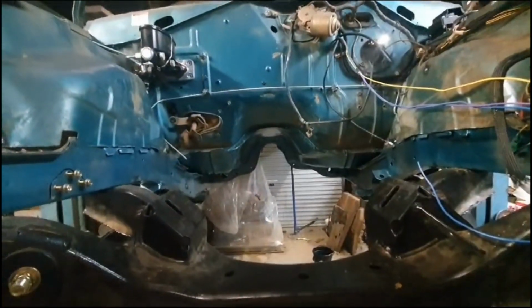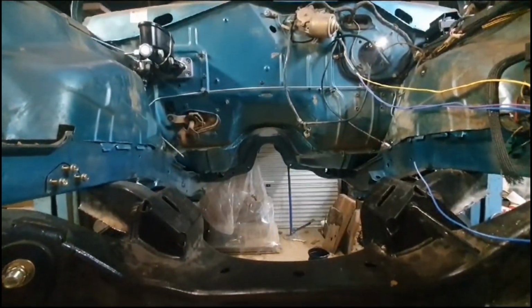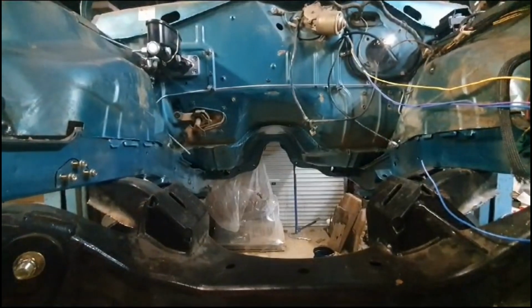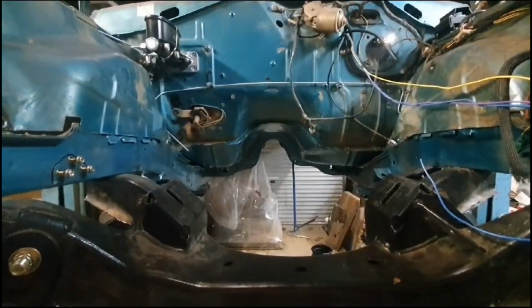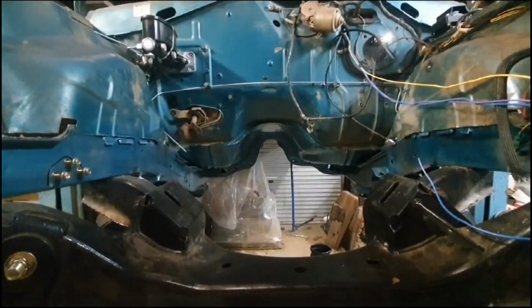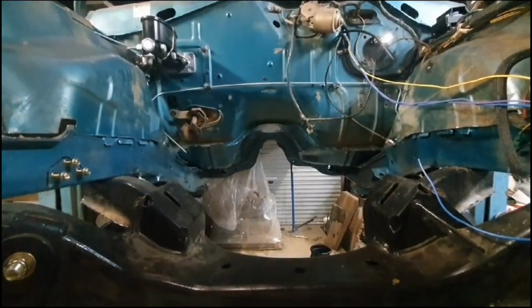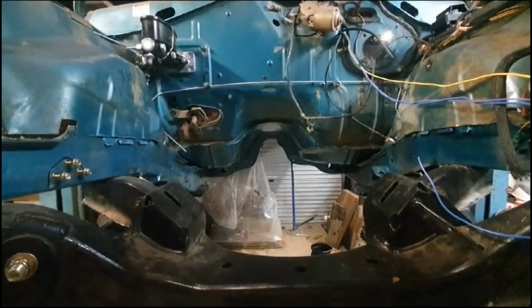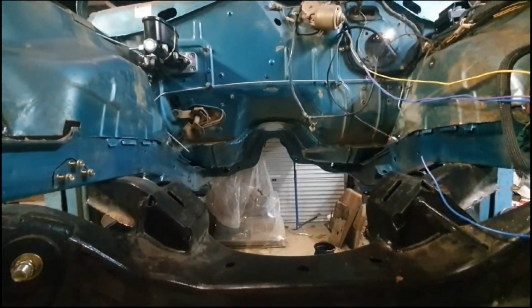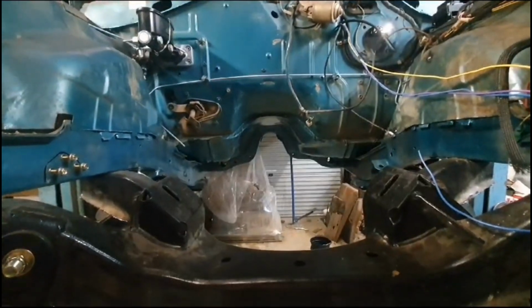Okay, so we'll just touch base on what I've done to the K-frame here. It's a Hemi 6 K-frame. Some can tell straight away, some of you might not, but that's what it is. What we did was I cut the engine mounts off this and took them out, got them traced out and laser cut out, and then refolded up to pretty much the exact same shape as the factory ones were. And then I mounted them up to an engine and sat it in, and then shuffled across to